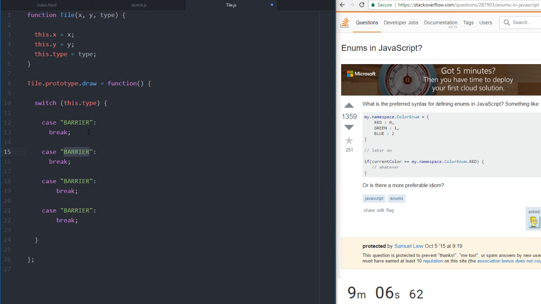Barrier, open, or yeah, we'll just say open for now. Biscuit. They're spelled funkily. And cherry. There we go. We have multiple different things, and within the draw function, we will say,